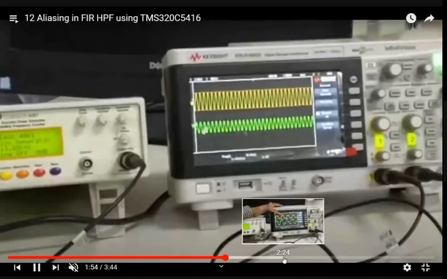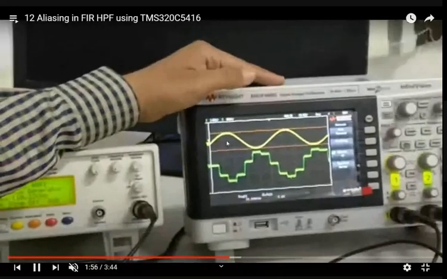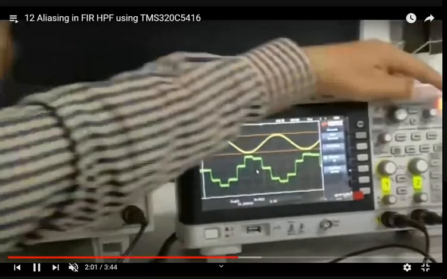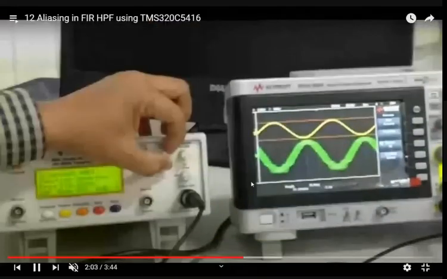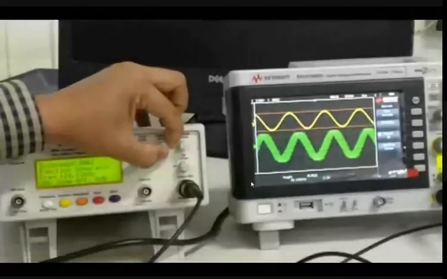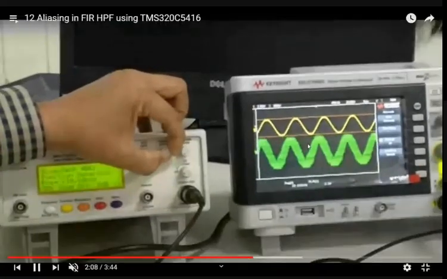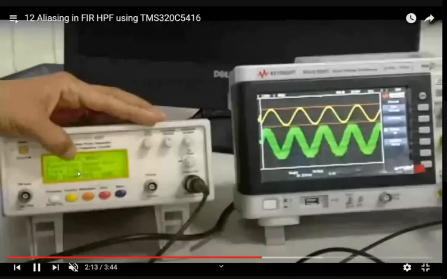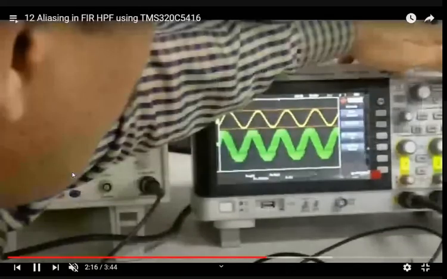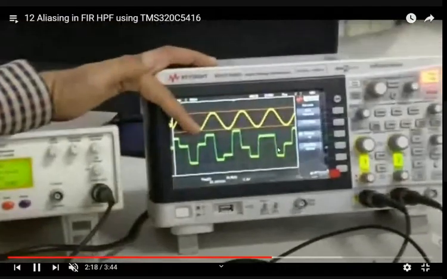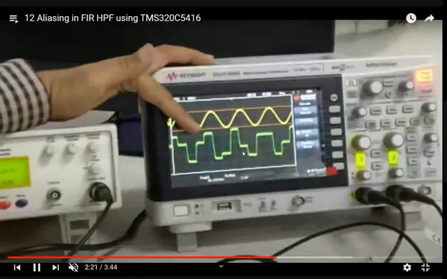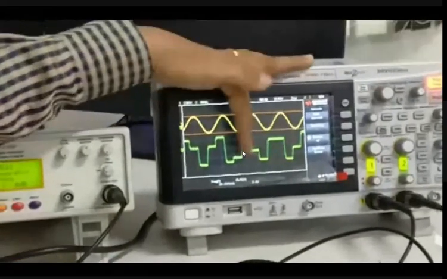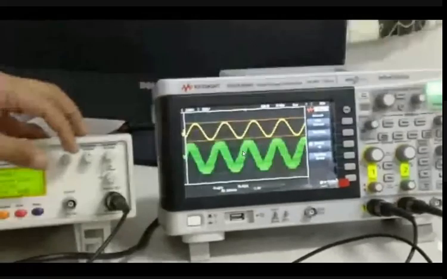You have to see what aliasing is, right? This is the input, this is sample and hold, which you have studied in op-amps and signals and systems. You can experience this very clearly. And this is the aliased signal, because the input frequency is 20 kilohertz. This is the aliasing. The output is not following the input because the sampling frequency is less than twice the maximum input signal frequency. That is what we need to celebrate.